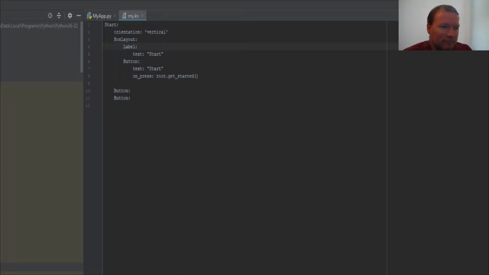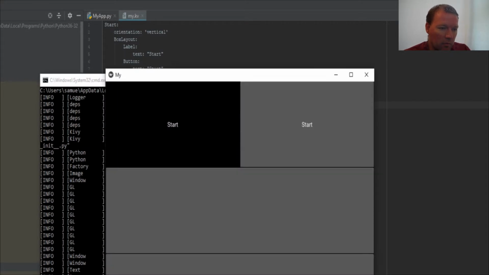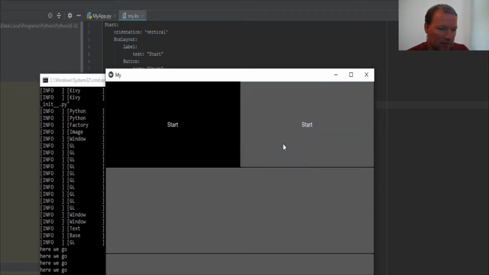So alright, let's look at where we are from last time. We had three buttons, one button did something, and then we had a label right here. Now we're going to move the button over here and then put an input